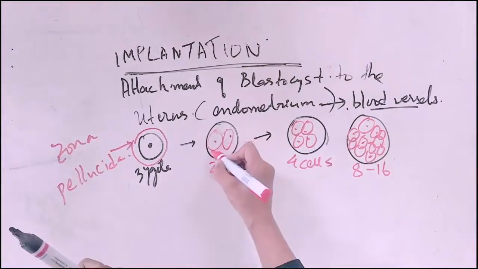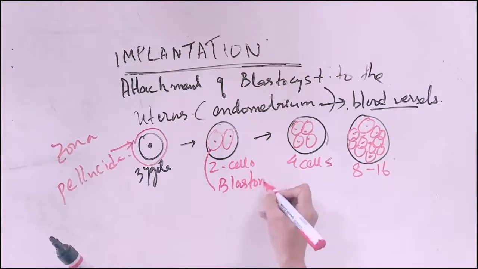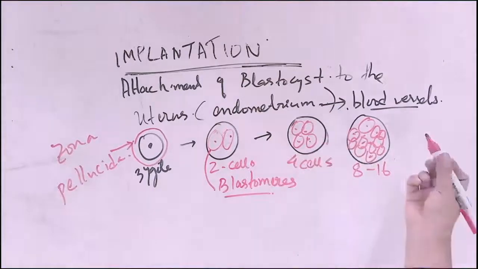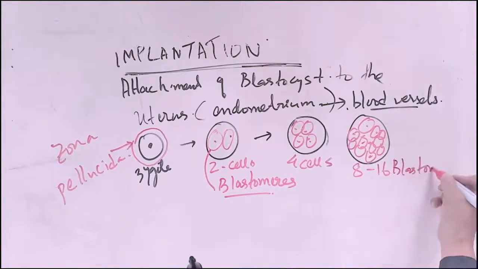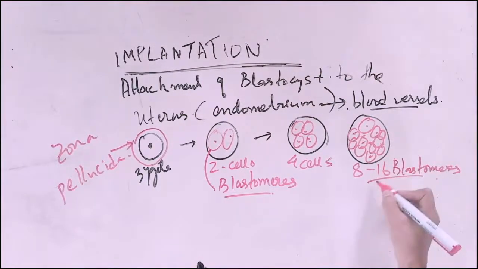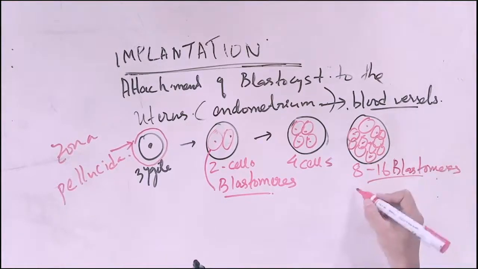What are these cells known as? They are known as blastomeres. Blastomeres, blastomeres. When it reaches 8 to 16 blastomeres, it is known as